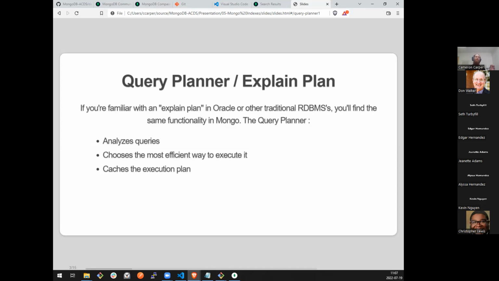And I should put a caveat on there. My point here, it says it chooses the most efficient way to execute it. It chooses the most efficient way it thinks it can execute it. It's been a long time. I did run into this when Mongo was still pretty new. I haven't in a long time though.